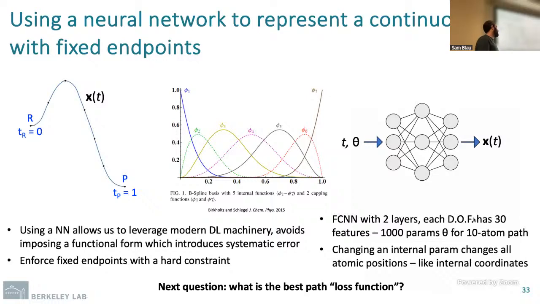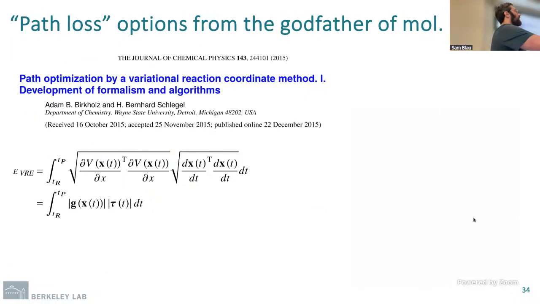What is the best path loss function? I hope you will bear with me as we commit the faux pas, as chemists, of putting some equations on the screen. Bernhard Schlegel is known as the godfather of molecular optimization. Most of the best optimizers that we use in our quantum chemistry codes are based on Schlegel's work. Schlegel had this paper a decade ago, which I think only has like 10 citations. No one ever really seemed to find a use for it, where he came up with this idea of the